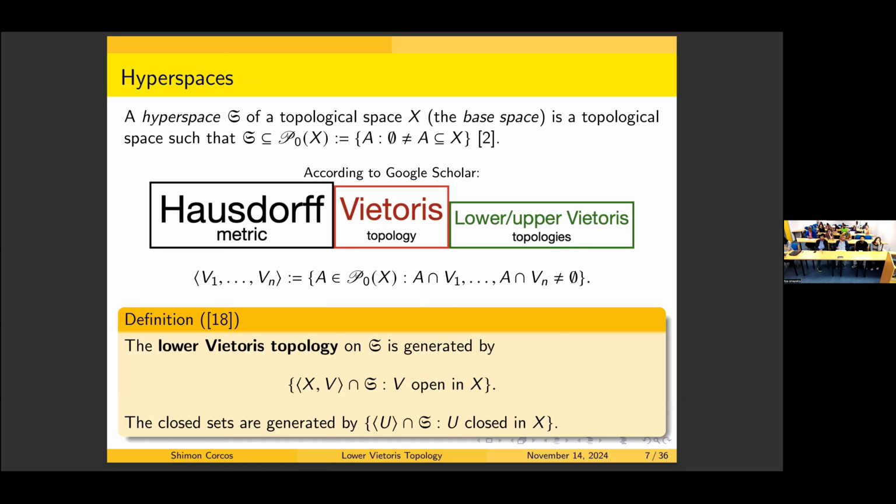This notion was introduced since the first definition of a topological space, in 1914, where Hausdorff investigated a metric on the set of closed and bounded subsets of any metric space. And we know that now to be the Hausdorff metric. This is still the most extensively studied structure on hyperspaces in the literature. The second most extensively studied structure is the Vietoris topology, which can be defined when the base space X is any topological space. And this can also be defined on any set of subsets